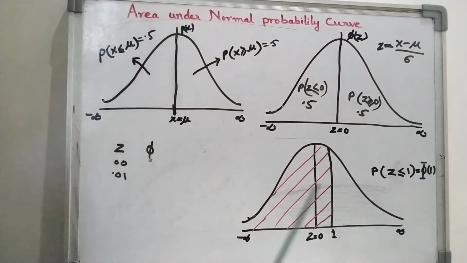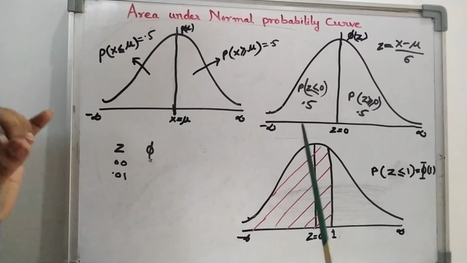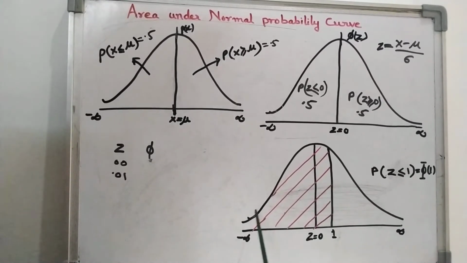So, now let us go to the third figure. Look here at how the values are given in the table. This is a standard normal probability curve, because it is in terms of z. So, it is not a normal curve, it is a standard normal curve. Now, look here, this is the position of z equal to 0. Suppose this is the position of z equal to 1. So, how do we get the value from the table? From minus infinity to any positive value, suppose here.